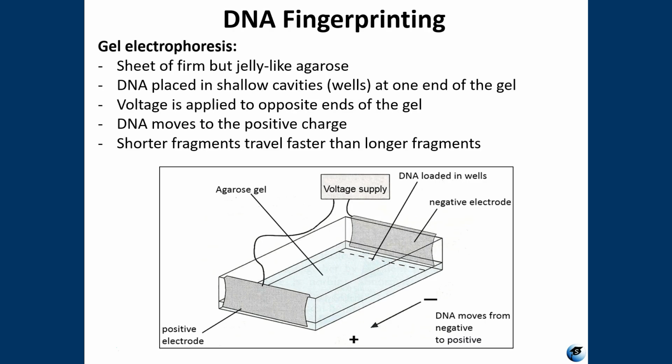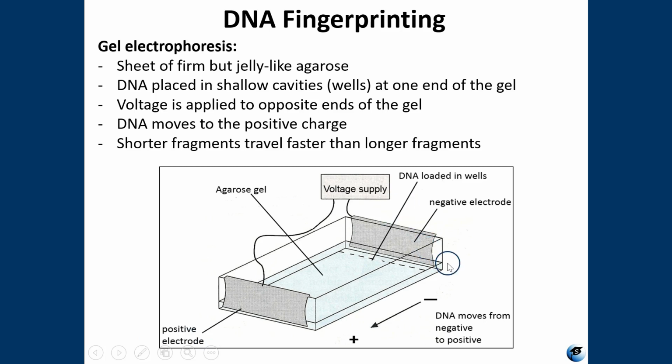Gel electrophoresis is used in DNA fingerprinting. It's a technique commonly used to separate biological molecules based on their size and charge. So this can be not only DNA, but RNA, proteins, other things. Now, as for DNA, due to its negatively charged sugar phosphate backbone, the DNA is strongly attracted to the positive